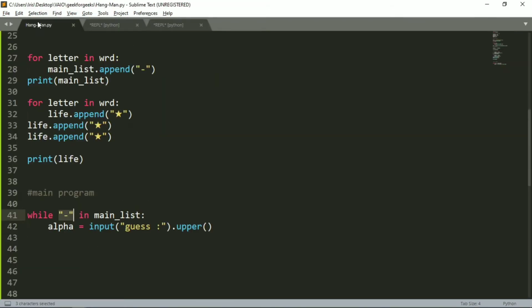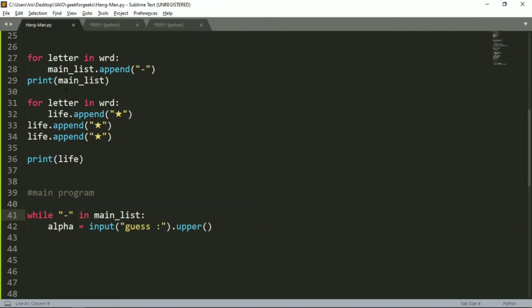The reason is that we wrote while dash in main list, which means while the dashes are present in the main list, we have to tell the computer to keep on showing the guessing option. So we will keep on guessing till the dashes remain. If the dashes end, which means we have put in all the guesses, then the game is over, meaning the user has guessed all the options.